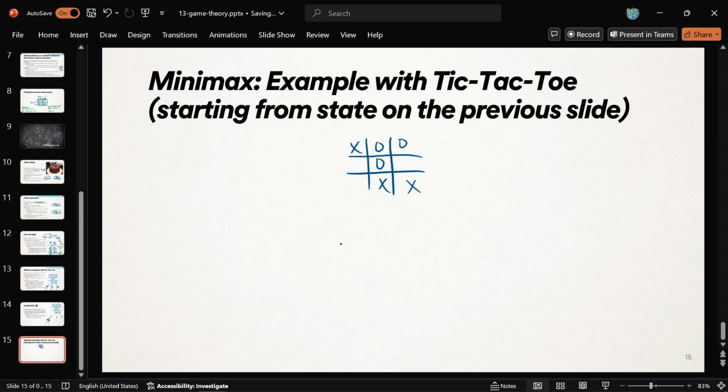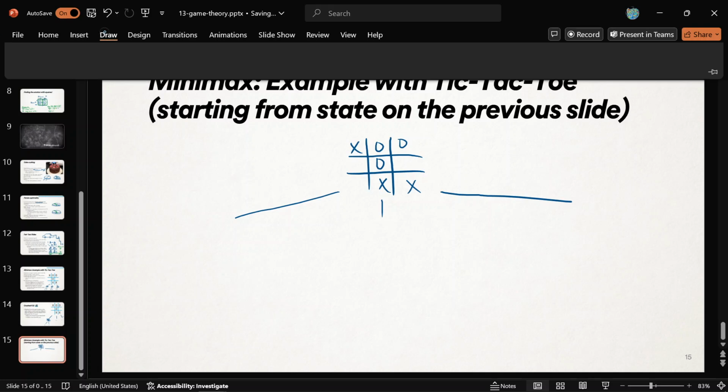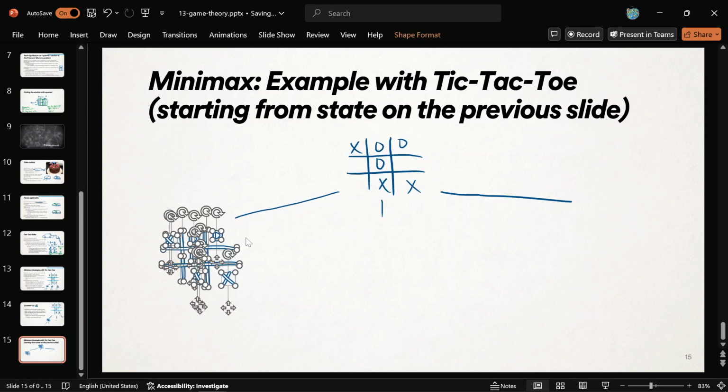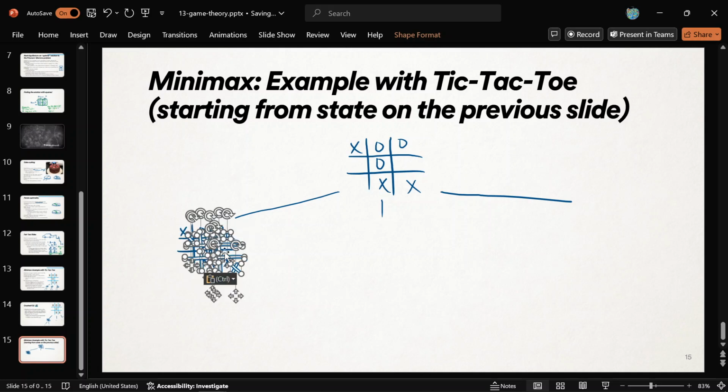What are our possibilities? I'm going to try to give myself a lot of room here. So, I could do that, or that. And let's see, if I were smart, I would be able to copy and paste this. Let's see if I can do that. Otherwise, it would be a lot of writing. Copy, paste. Ooh, can I do it? But then I want to make it smaller because I need a lot of room to put things here. Ooh, I can even make it smaller. Nice. I like this. The power of technology.